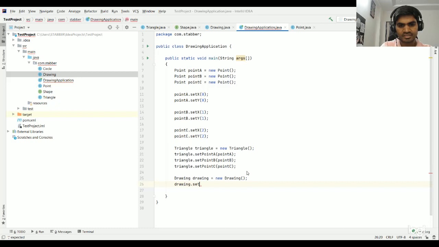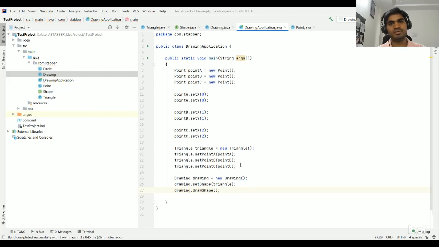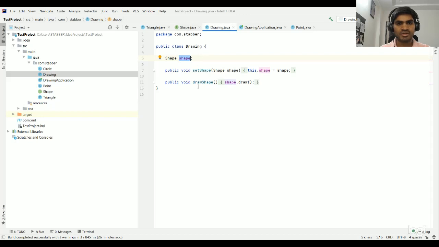Drawing dot set shape. So you want to set a triangle to the drawing class. We did, and then finally let's draw the shape, right? As we can see here in the drawing, we have a method called set shape and then drawing shape. Drawing shape is drawing, right? So it is calling